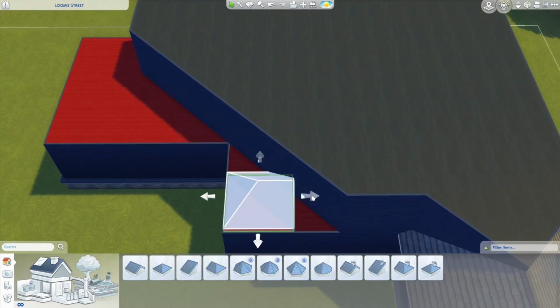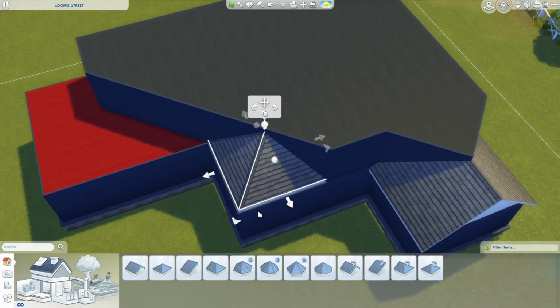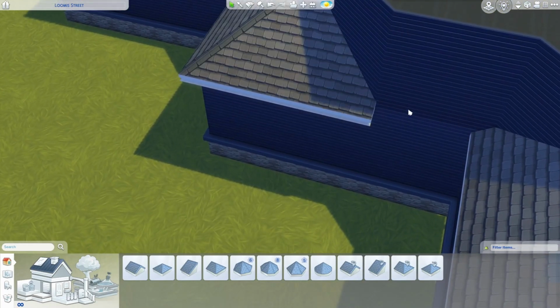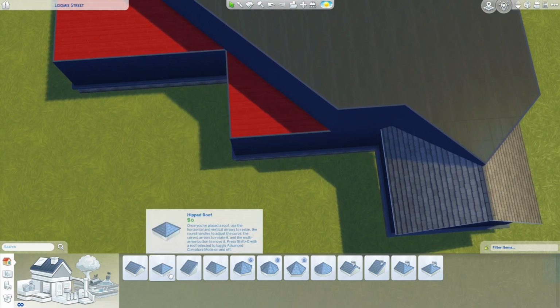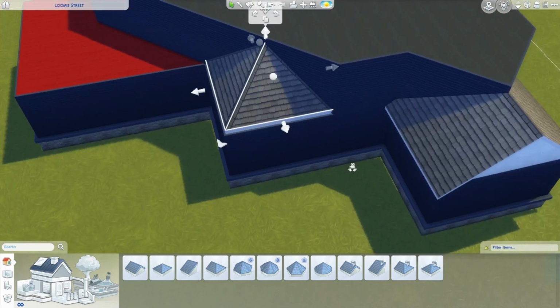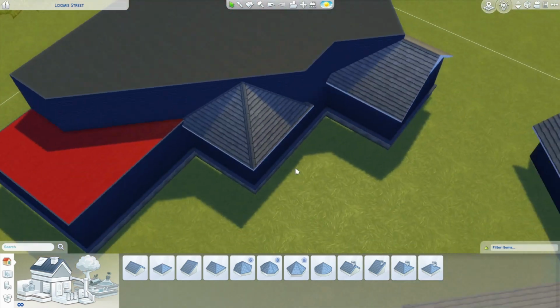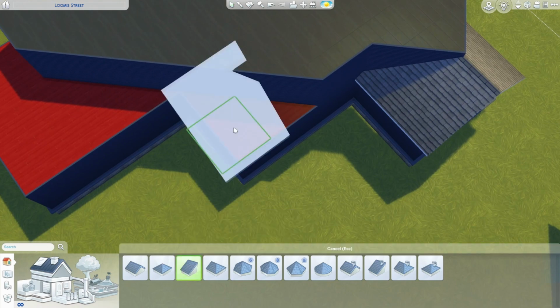I'm going to face my gable in toward the main part of the build here so that when I resize this roof and pitch it down a little bit, I don't have this eave coming around the roof at all, as opposed to if I did this exact same thing with the hipped roof piece. It's going to look pretty much the same until I bring those eaves out, and then we have that eave wrapping around. So that's why I personally would use the half hipped roof piece instead, or the half gable,